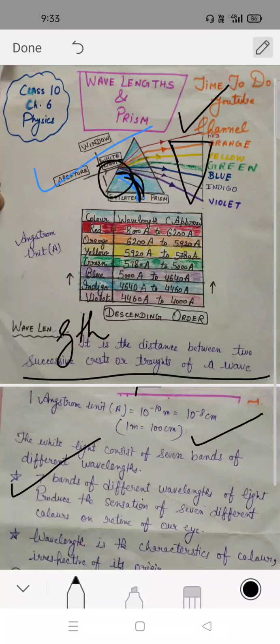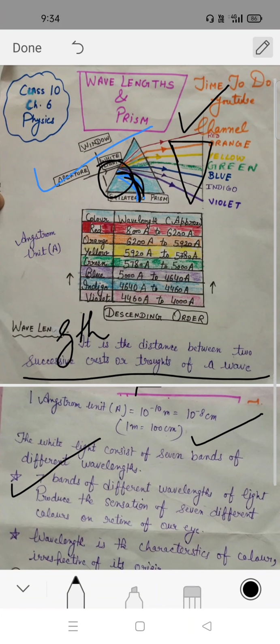How we see colors? It can be explained with an example. If wave bands of red and yellow light simultaneously incident on the retina, then the ultimate perception of color by the brain is neither red nor yellow but orange. As you all know, different parts of body send different messages to brain. Similarly, our eyes send messages to brain about the colors. And if all 7 wave bands incident on retina, then we will see white color.